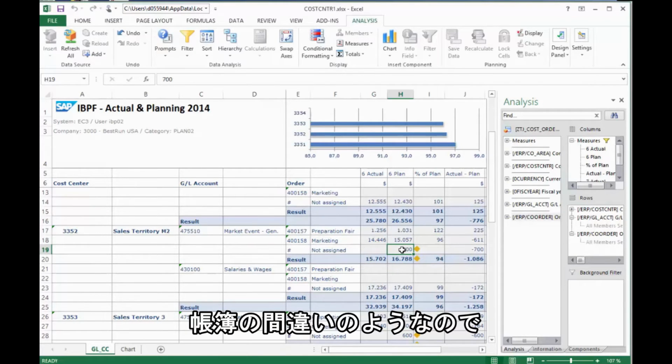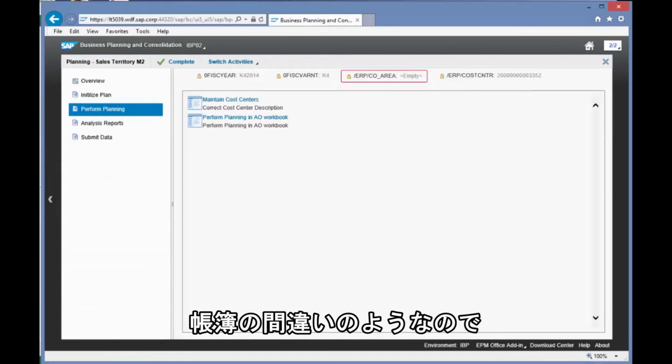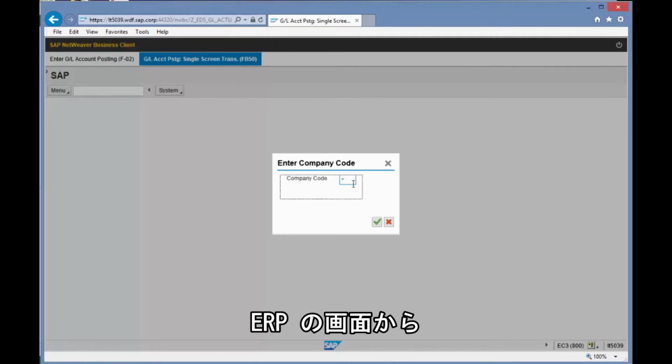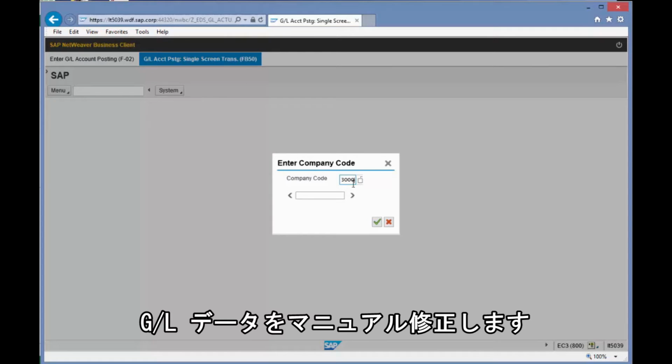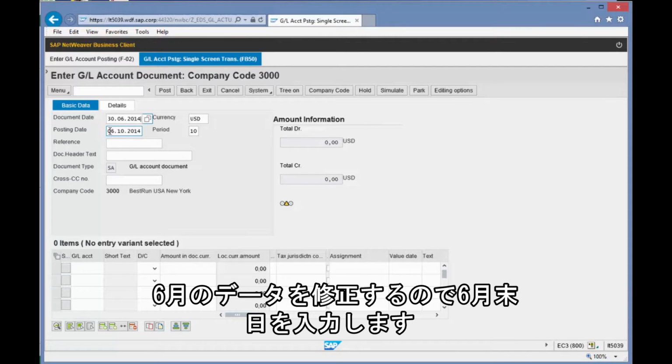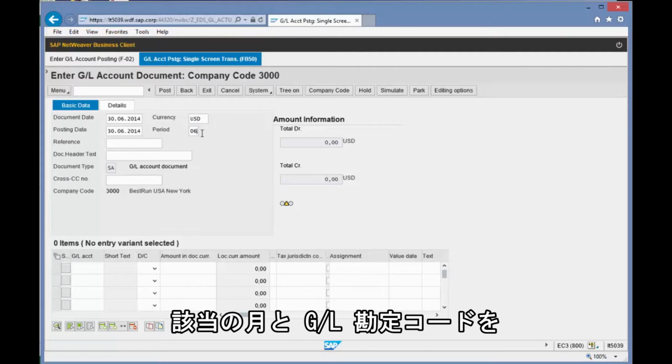So maybe there was a booking missing, and I want to correct that information, so I can directly jump from here into my ERP screen and correct this. So here we are now in our ERP transaction for posting GL data. We define the specific key dates that are required for that posting, and as this is a late posting in June, we select the last day of June here, the right period,